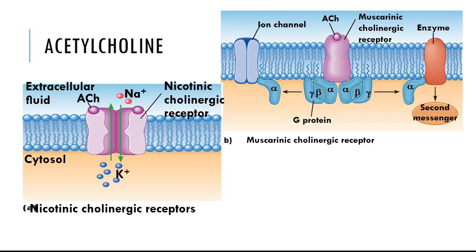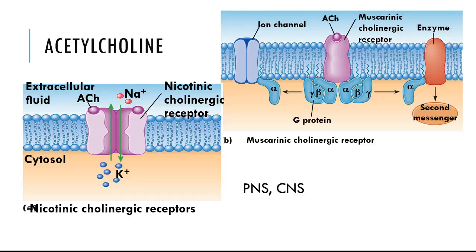What questions do you have about using the word acetylcholine, cholinergic, or the difference between a chemically gated channel here, like our nicotinic receptors, or the application of a G protein like we see here with the muscarinic receptors? This is just an example of what we said could happen in Chapter 5, since we're just getting specific chemicals here.